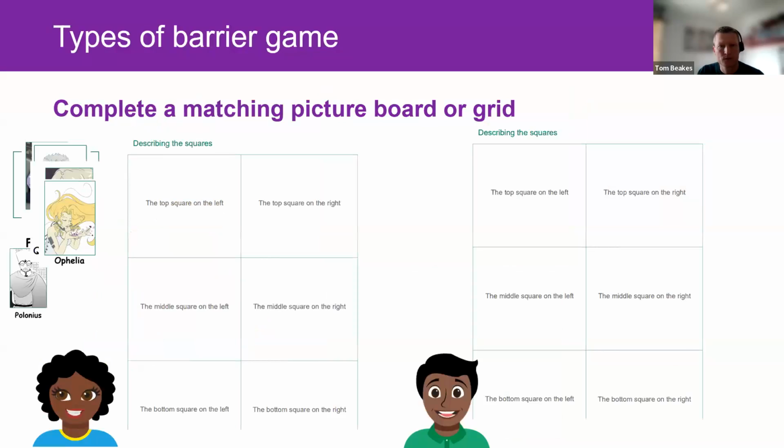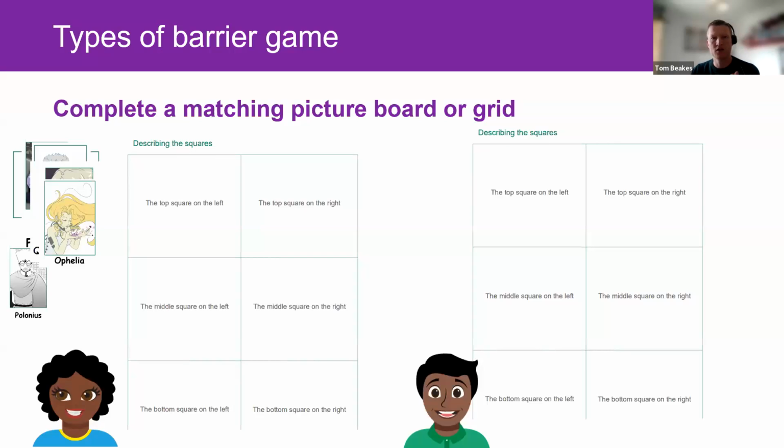All right. Another type of barrier game, which you may be less familiar with, is the idea of completing a matching board or a grid. So again, the idea is the same as the previous ones. You want the two partners involved to end up with the same matching board. So you start with a board or grid, and you have some flashcards of the key vocabulary for